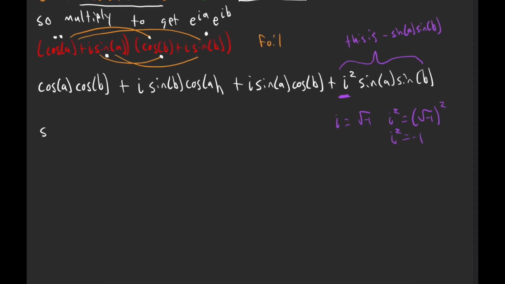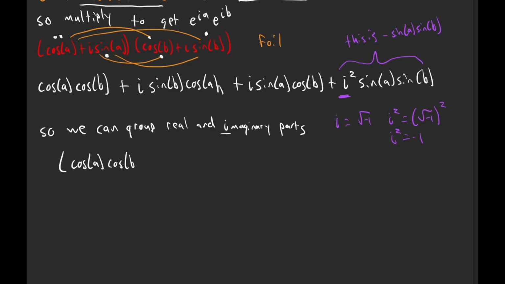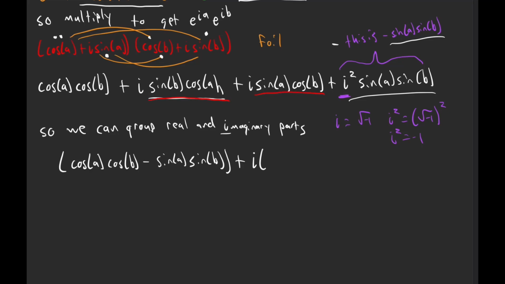So this is looking good so far. What are we going to try out and figure out what these things are equal to now? So we can group all the imaginary terms and all the real terms together. So imaginary terms are ones with i in them. Real terms don't have i. So we have cosine a cosine b minus sine a sine b, and those are the real terms, and we're getting that minus sine a sine b from this one where we converted the i squared into negative 1. And then we're going to factor out this i here, and then put these two terms in,